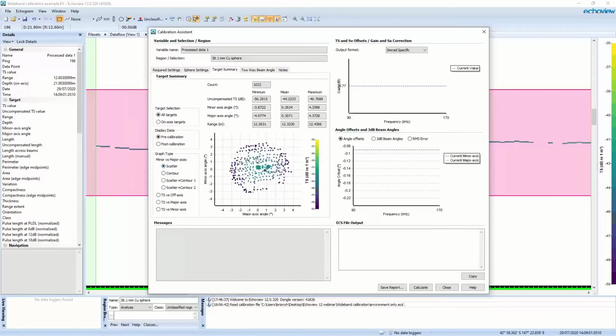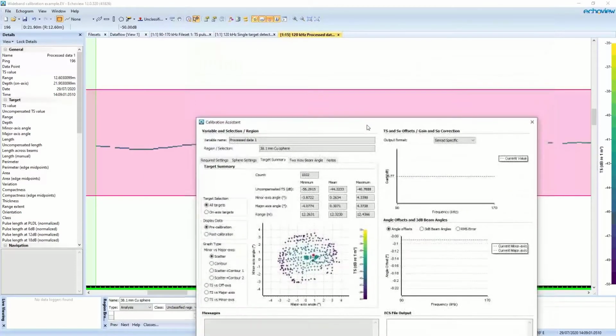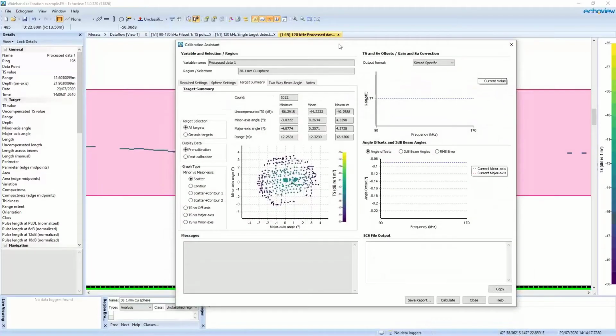For the scatter graphs, all of these points you can click on, and the echogram will automatically update to those targets in the background. So if there happened to be a value that looked to be a particular outlier, you can very easily jump to it simply by clicking on a target. So if I click on this, we can see that echogram is moving in the background as we jump to the time where those targets were found. So it just makes it a little bit easier to do your QC process on your data.